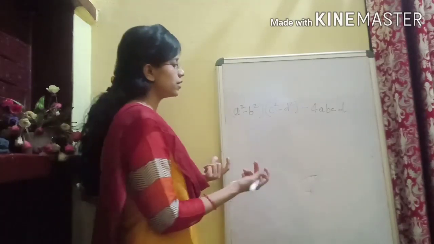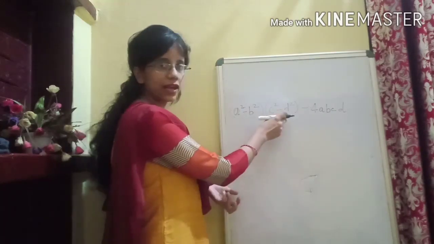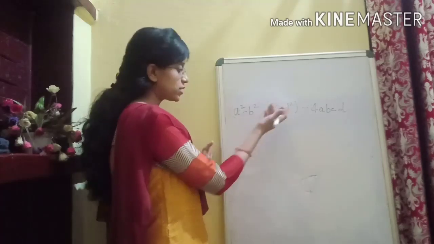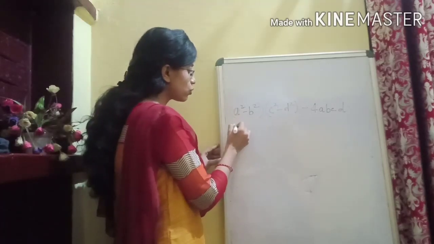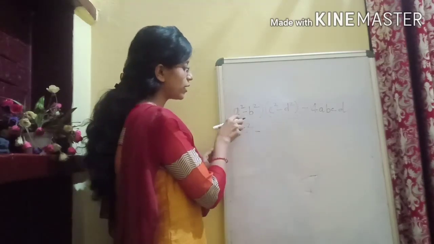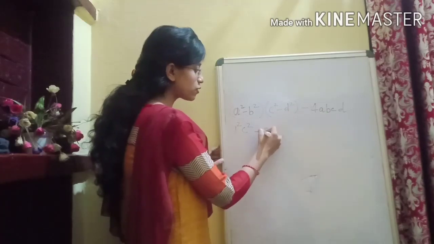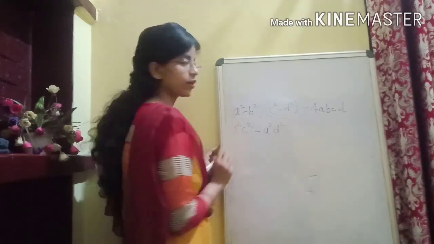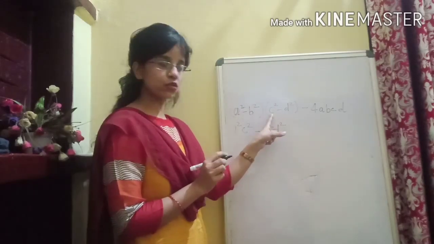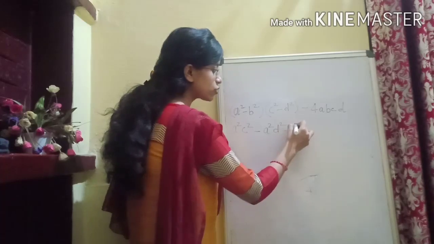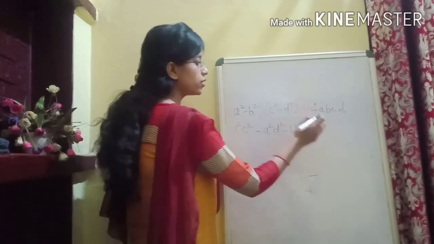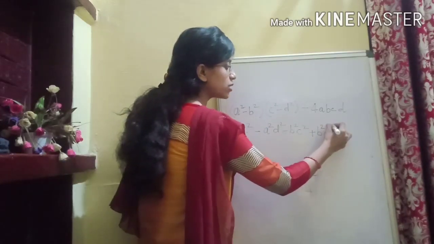Now how to proceed? One thing is that we can open the given bracket. When you open the bracket, a squared times c squared, you know how to open the bracket. So it will be a square c square, then plus minus minus. Now when a square multiplies with d square, it will give you a square d square. Next term we will take minus b square and it will get multiplied to c square, so that will be minus b square c square, and minus minus will be plus b square d square. That's how we have opened our bracket.